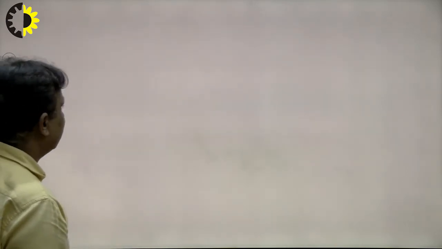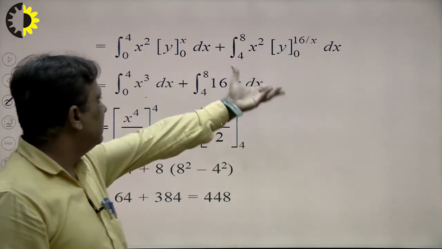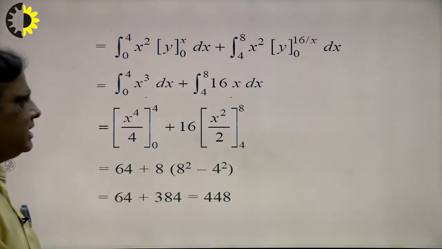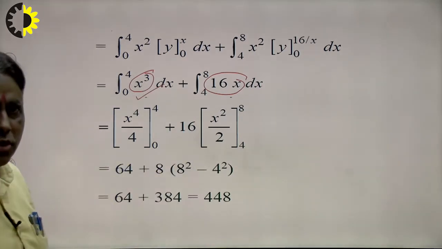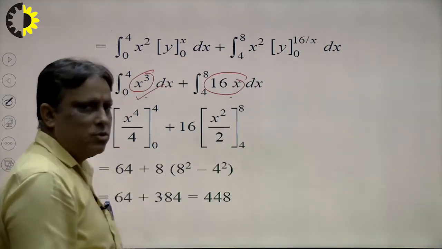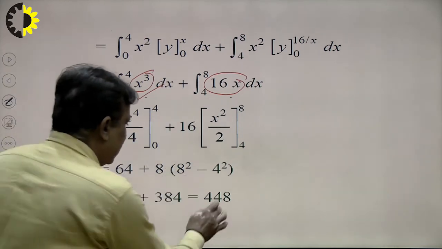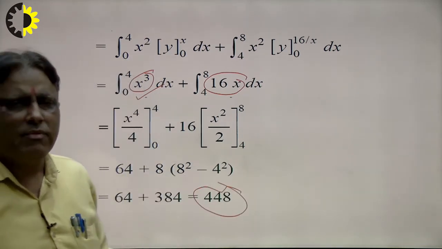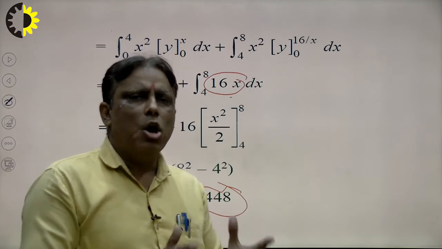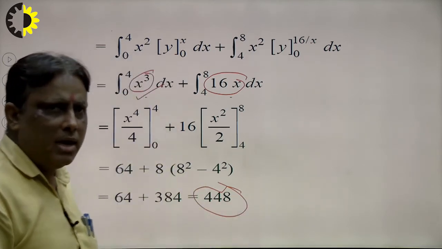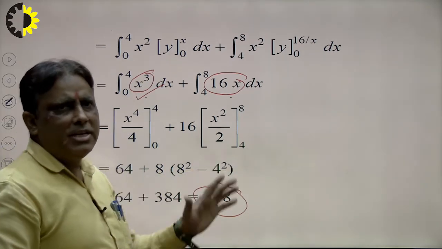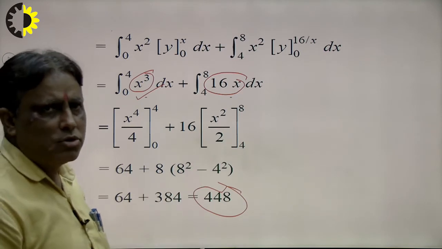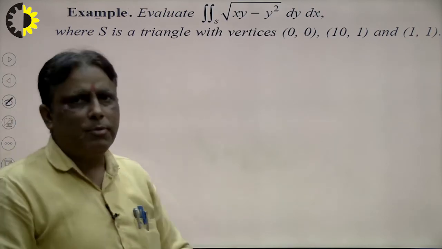So in this way students can solve the separate parts one by one. I write here, right, this is x cube and this is 16x, and what is the integration of x cube? x4 upon 4, and what is the integration of x? x square by 2, upper limit minus lower limit, and the result will be 448. This is a very simple calculation. The concept is how to take the limit with the help of the diagram. Always take the strip parallel to the x axis. That means we take one limit in variable form, and the second limit will be in constant form. Students should keep this in mind when we solve the problems one by one.